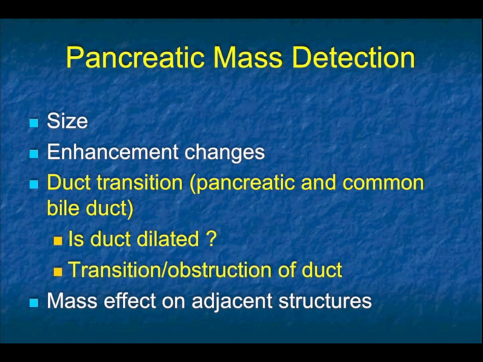An important thing, however, also is duct transition. We need to look at the pancreatic duct and the common duct. Is the duct dilated? We talk about a pancreatic duct over 3 or 4 millimeters being dilated. With an IPMN, a 7 millimeter, 8 millimeter duct, you worry about a main duct IPMN. The key thing with the pancreatic duct is following the duct. If you see the duct and it's minimally prominent throughout the gland, it may not be of great significance. But if the duct is dilated and then there's abrupt cutoff of the duct, you have to worry that there's